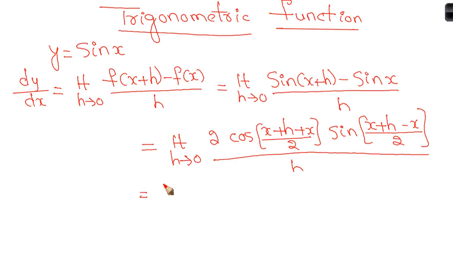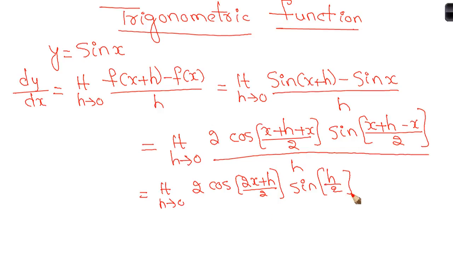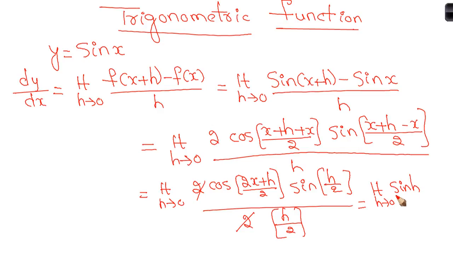So this would give us limit h tends to 0, 2 times cos of (2x plus h) by 2, into sin of h by 2, as the positive x and the negative x get cancelled. We are left with h by 2 by h. So multiply with the 2 and divide with the 2. This 2 and 2 get cancelled. Now this can be written as limit h tends to 0, sin of h by 2 divided by h by 2,